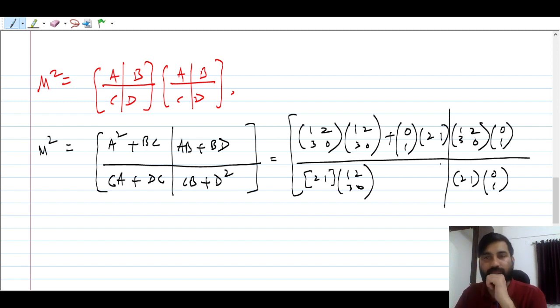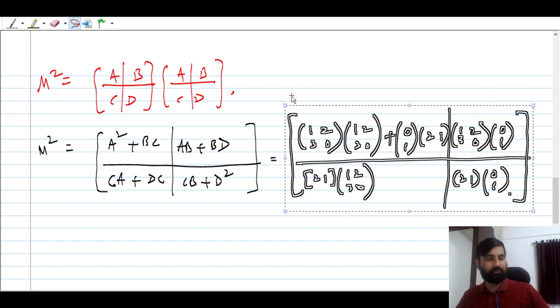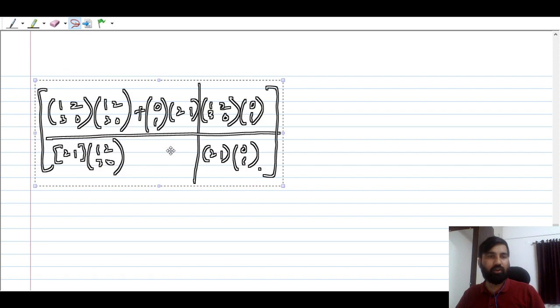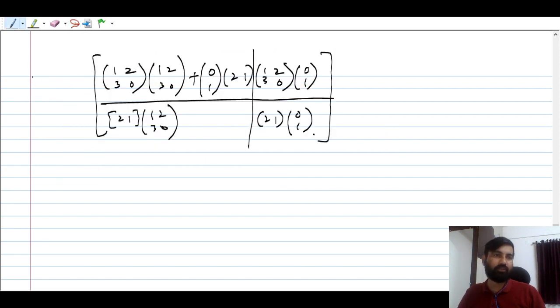Whether you write it or not, right? Okay, so you can multiply now. So this is 1 by 2 and this is 2 by 1. Now you can multiply and simplify this, okay? So it's a very simple process that I have told you, right? Understood? So you can see, if you copy this from here and solve this, you are just solving smaller matrices. So what is given in M squared? M squared. So now you see what is this? Can you solve this? So solving this will give you basically